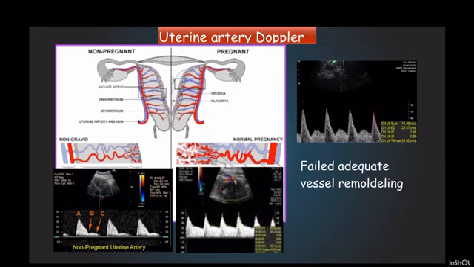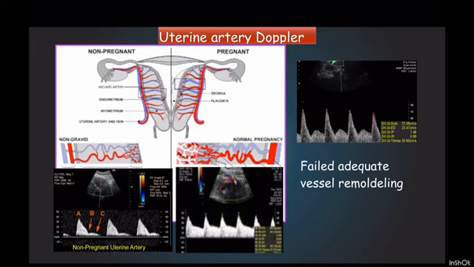Now we know the resistance in non-gravid uterus is very high. So when you take uterine artery Doppler in a non-pregnant uterus, you can see there is hardly any end-diastolic flow, a little bit of flow, which means the PI is very high because the resistance here is high. Got it? Whereas in gravid uterus, there is free flow. There's not much obstruction here. Caliber is also dilated. So you have free flow of blood in the diastole. So the end diastolic flow is more and that's why there is decrease in PI in the case of normal